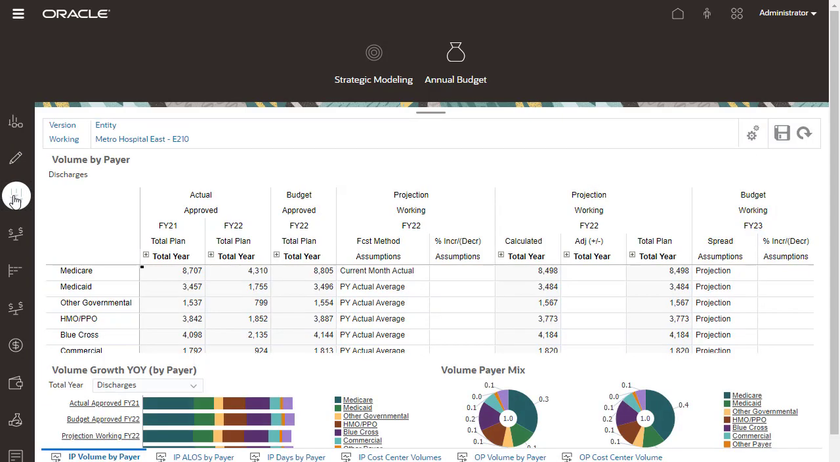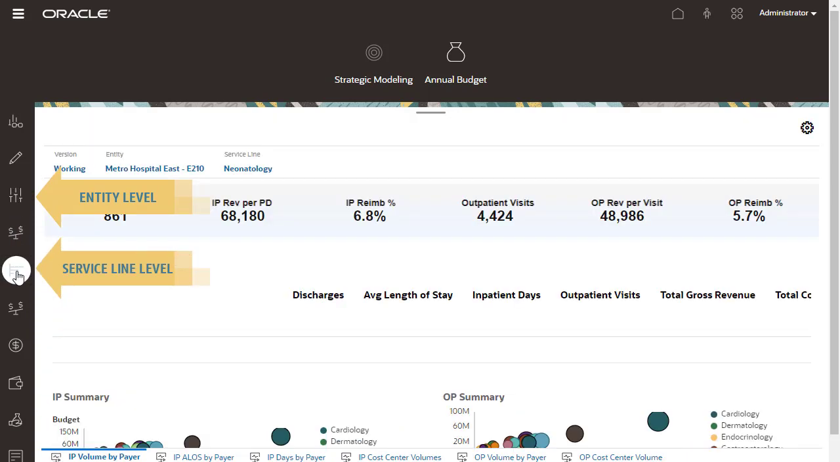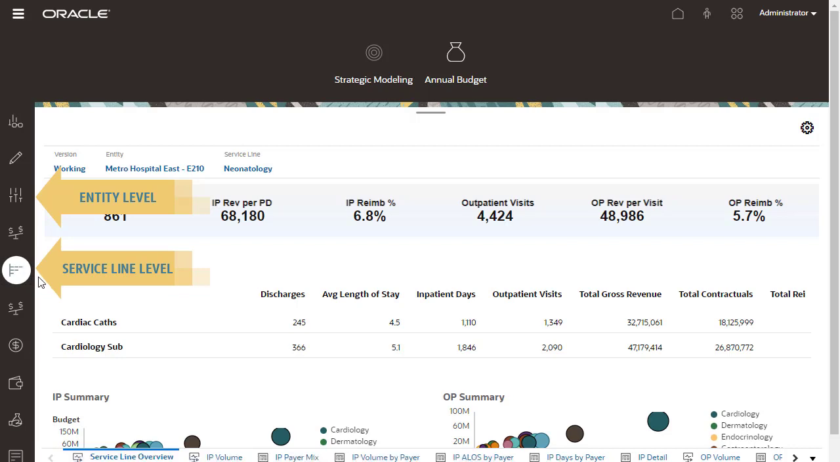Review volume-based assumptions that will drive the revenue and variable labor and expenses throughout the model. You can choose to derive volume at the entity level or service line level. Select which level your organization will use when you implement the solution. For example, if you choose to derive volume from the service line level, you won't need to use the entity